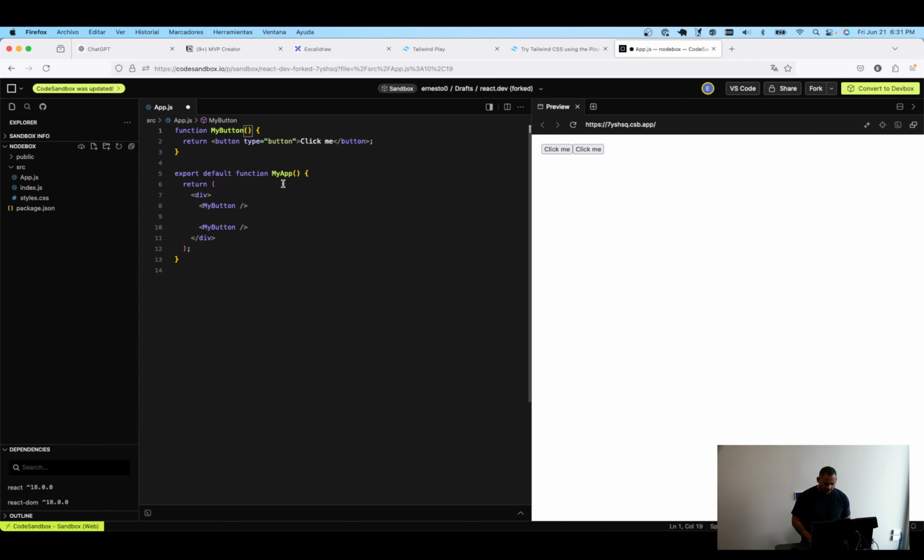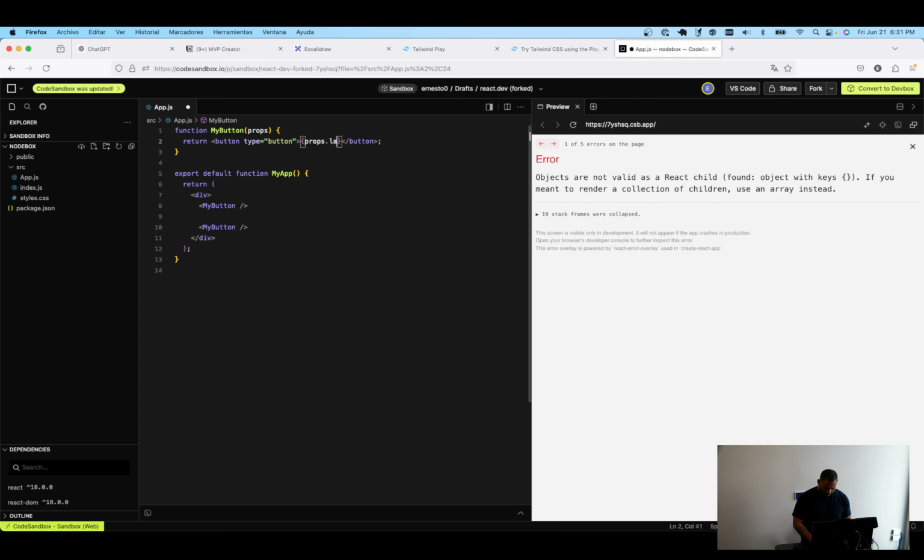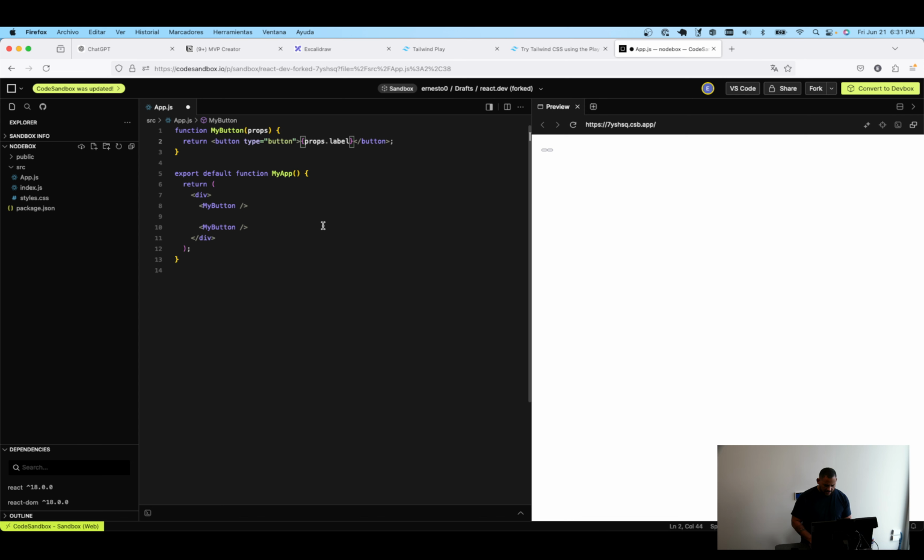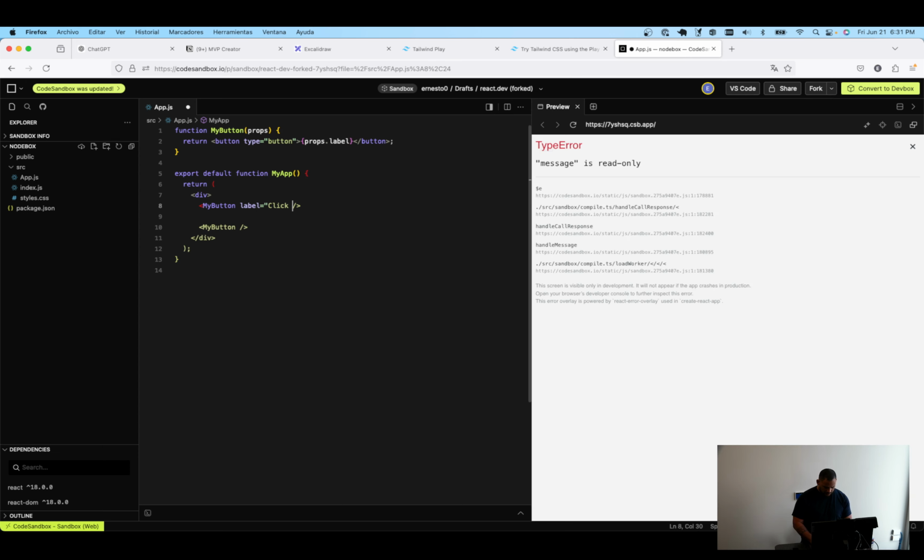Now, what if I want to change the text of the button? I want to create a component that is more customizable, right? I will say, okay, props. Remember, components can accept one single property, and that property is an object. And I would take from that prop a label. So now I have to specify for my button what's the label that I want. Click me